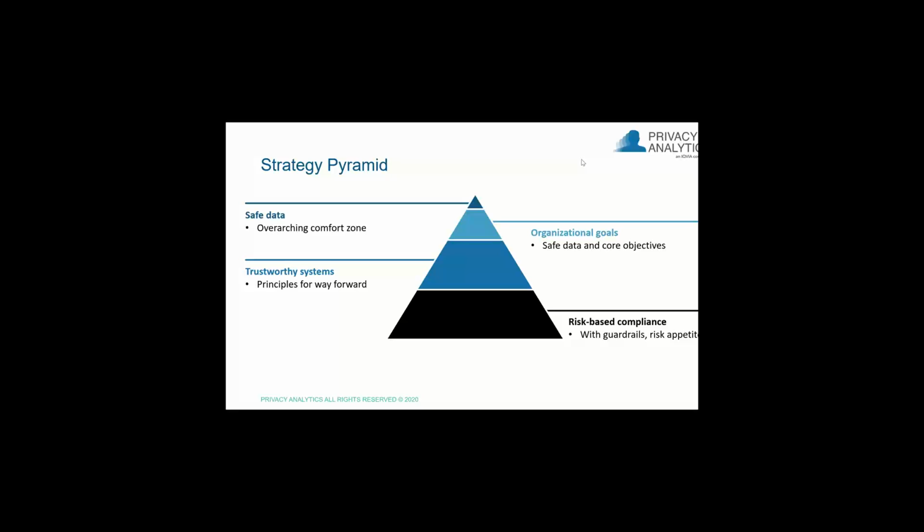So just to be clear, risk-based compliance is fairly well known, but the idea here is that we want to prioritize the controls that we're looking at, the technology and the governance, based on evaluation of risk, right? We're trying to replace the subjective with a more guided decision-making process. Now, you'll notice the subtext here says guardrails to guide selection of options. The idea here is to stay on the road, right? If you have a bunch of options, people may go really far one way or really far the other, and you want to make sure they don't go too far either way. They want to stay on the road of what is considered acceptable within the organization's risk appetite.